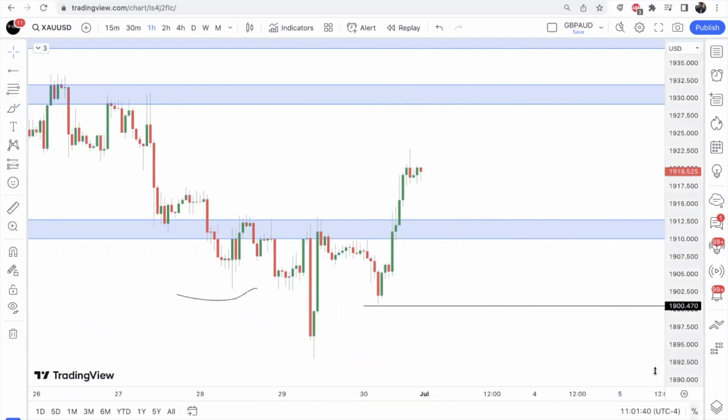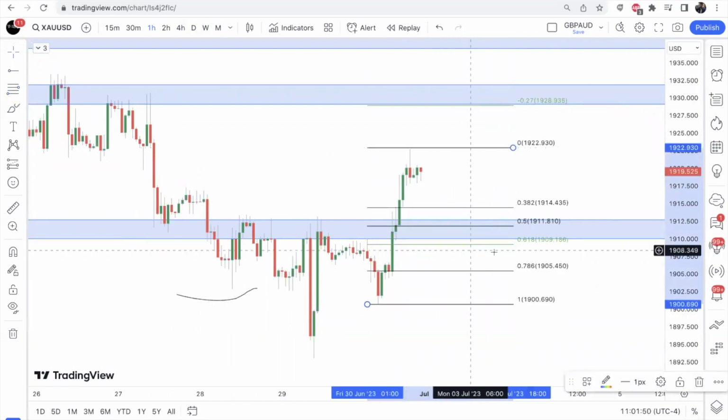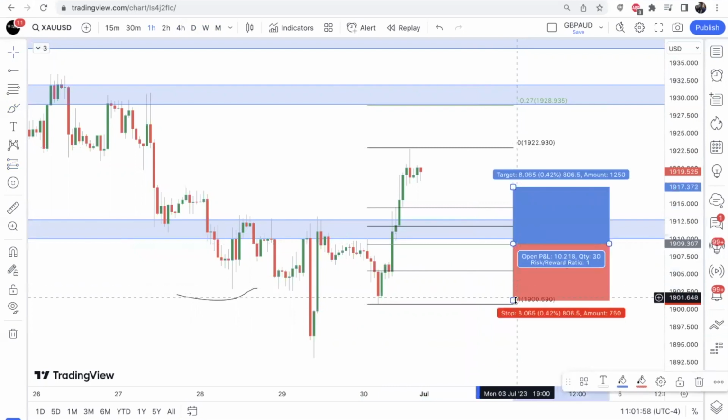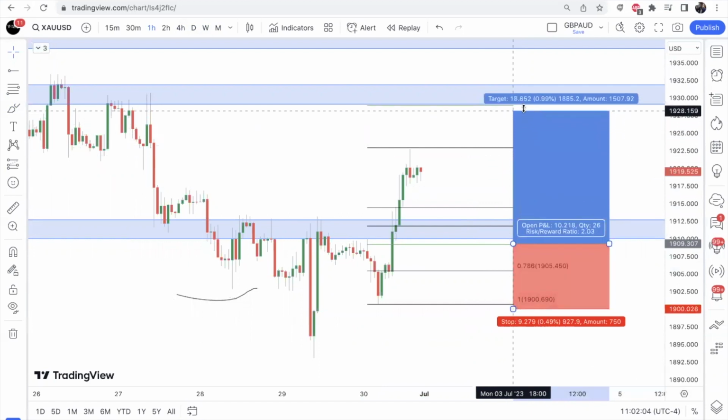All right, so what we can do as well is take our fib from this low of the shoulder, from this low of the pump to this high. All right, so I would like to see if we get a 61.8. Honestly, I might put a buy limit somewhere around here. Somewhere around there, stop loss below this shoulder, and look for price to come back towards these highs. All right.